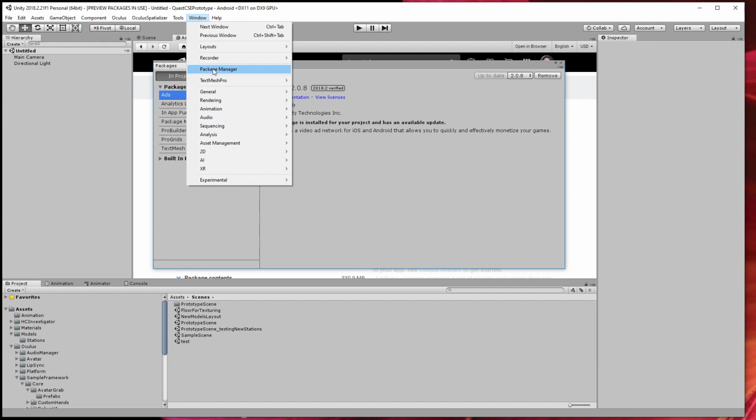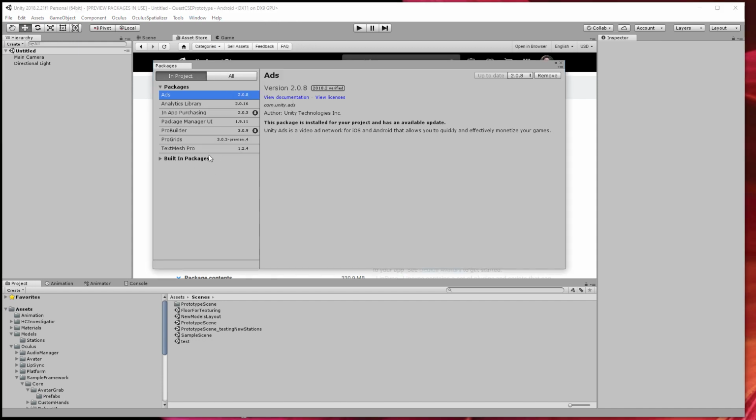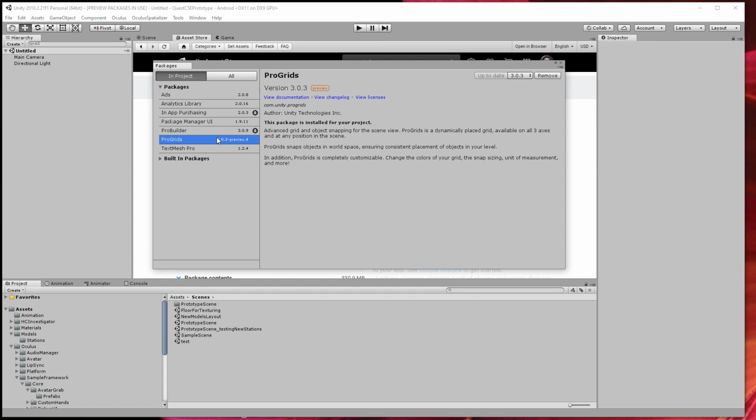But the package manager is like additional features, SDKs, tools, developer kits, whatever you want to call it, but they're internal to Unity. So if you go, this is in project currently. You see, I already have ProBuilder, ProGrids,